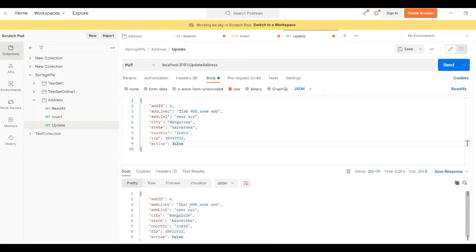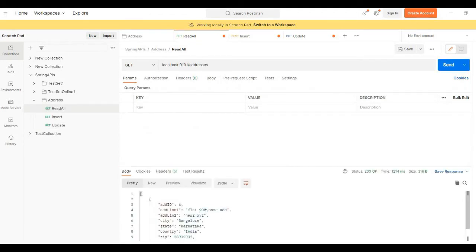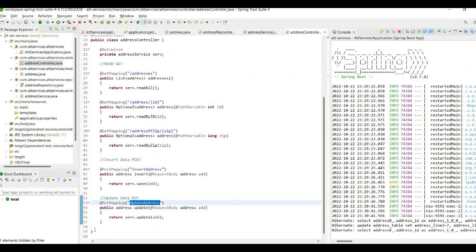Okay, so let's see, this is changed. You can see, go and read all and hit it again. You can see this 908 has been changed, right? So we have successfully designed the update address. Next is